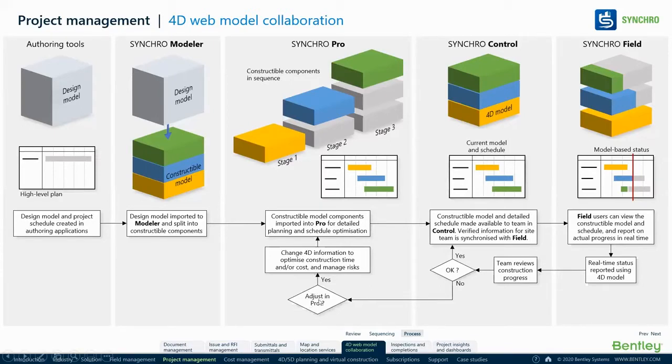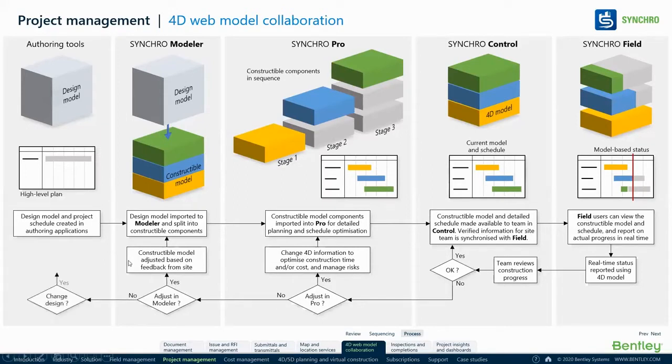If he says yes, he can go back, but if there are some changes required in the model, he can again send it back to Synchro Modular, your modeling team, for constructible components, and then he can send it to your consultant or whoever is doing the 3D model. Again, go through this cycle. So this cycle is an entirely collaborative platform, and you can always tag people who are responsible and accountable for this.